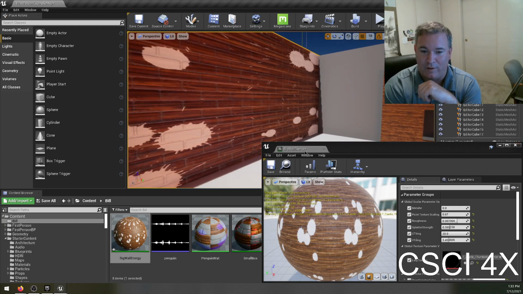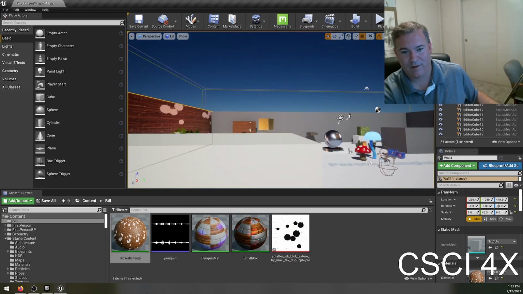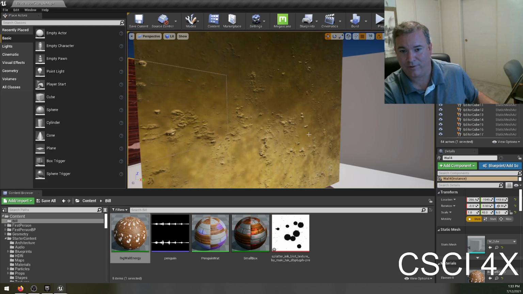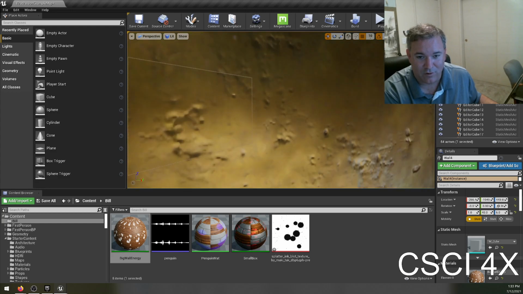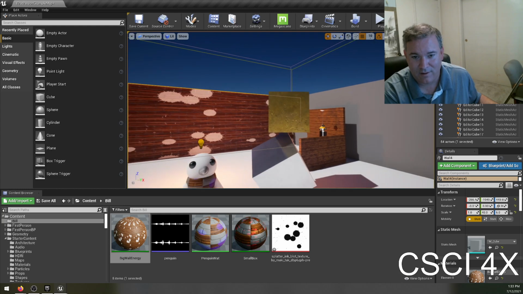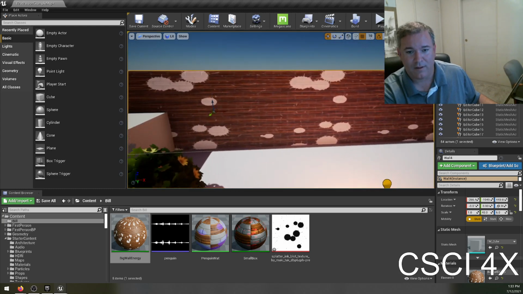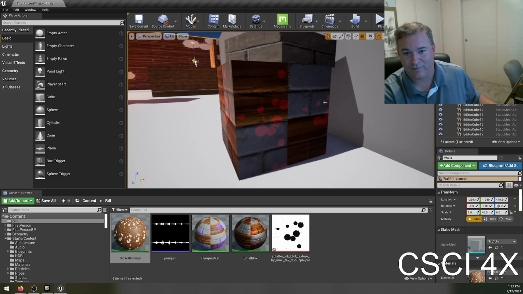But really, what you want to do is get textures that were made for tiling, that don't have any detectable patterns in them. Kind of like what we saw here with the gold. You notice how there are no detectable patterns in the gold, and they do that by using a LERP node with noise at high frequency, medium frequency, and low frequency, so that when you zoom all the way in, you don't see any repeating patterns. You zoom out, and out, and out, and there's still no repeating patterns anywhere on it. And with our little paint splots here, they don't look very good, but for small scale stuff like this,